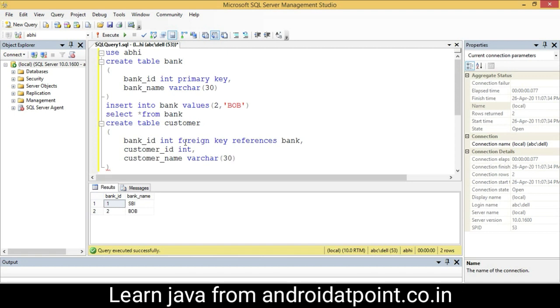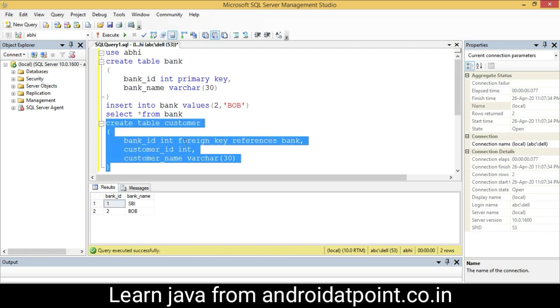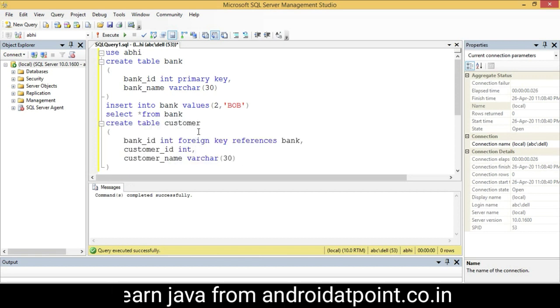Okay, and select it and execute it. Okay, customer table successfully created here.